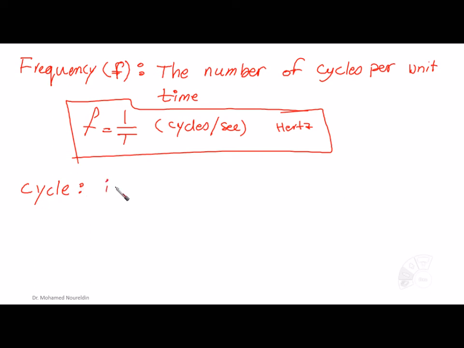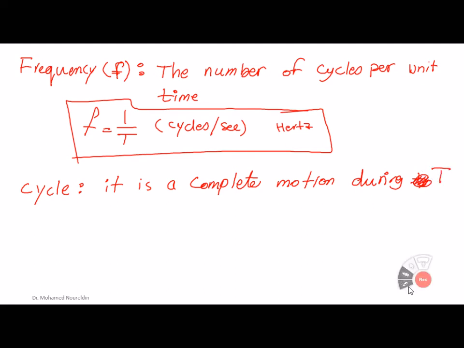It is a complete motion during T. Okay, or the time, I mean that, sorry, we should put it like T. So it is, wow, sorry for this. So I think that